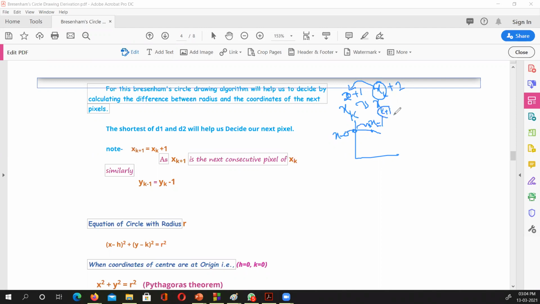So when I add plus 1 to x of k, it means the next x. So x of k plus 1 is the old x of k plus 1, because I'm incrementing only 1 to whatever x of k was. That is giving me the next x, that's x of k plus 1. You could understand. So for i equal to 0, i less than whatever, i plus plus. When i was 2, now i becomes 3. That is like that. x of k plus 1. Now x becomes the next x.